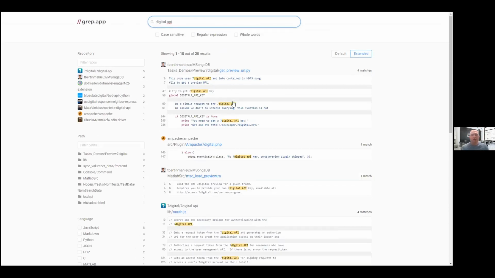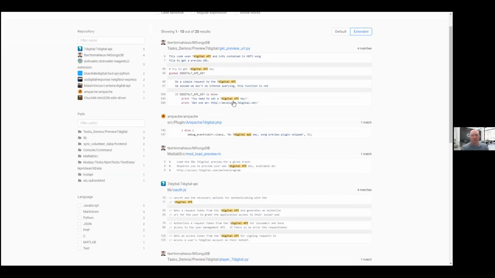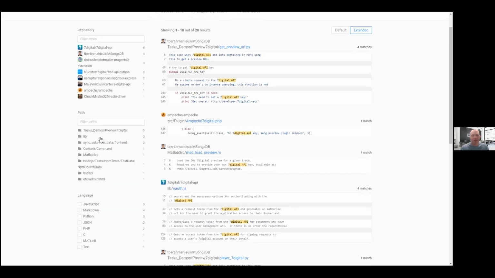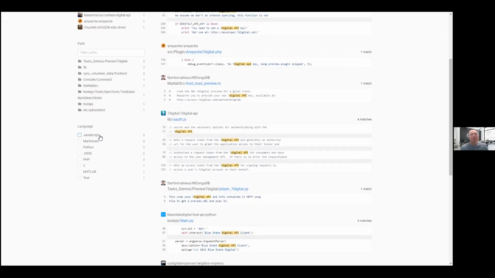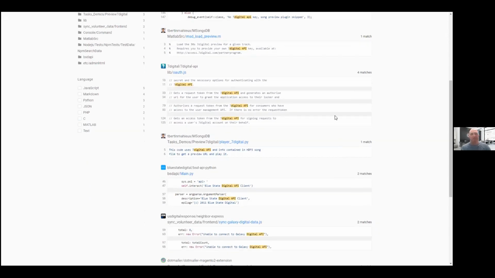So I can search for a combination of digital and API and see that there are several repositories with the following paths and the following languages that have the combination of digital and API as part of their repository.